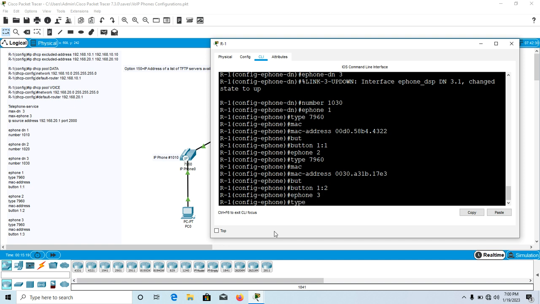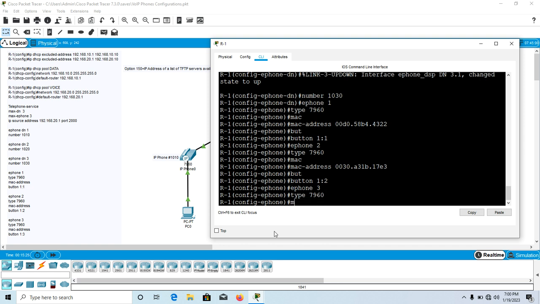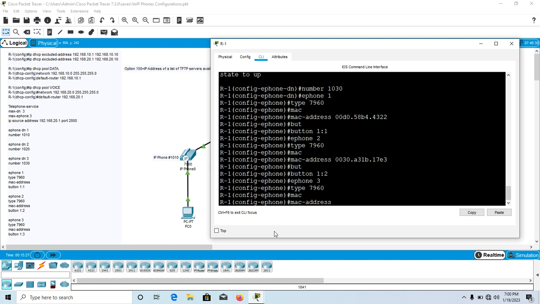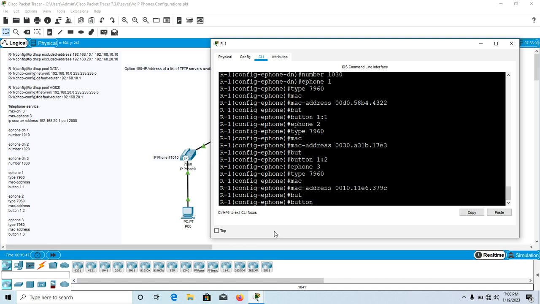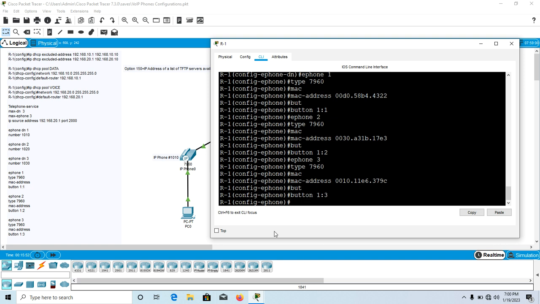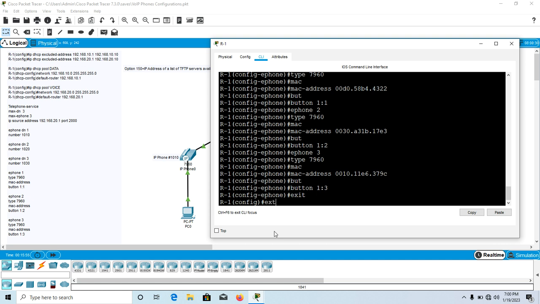and the type of the phone is 7960, and our MAC address is 0010.11E6.379C. Okay, and the button is 1:3. Okay, now that we have finished executing all these commands on this router, we need to check